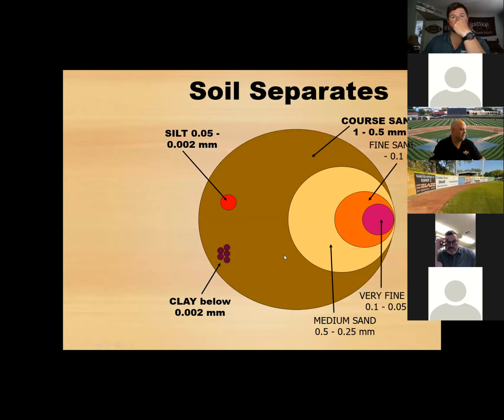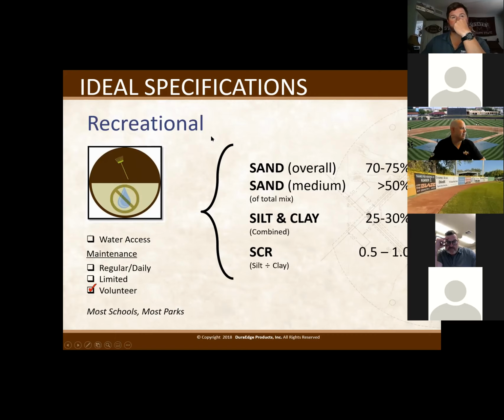The recreational level, which is pretty much no water and very little maintenance, those numbers are now recommended between 70 and 75% sand. Medium-sized sand is right there at 50%.